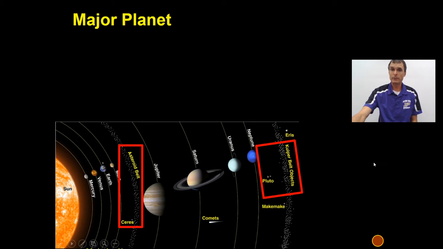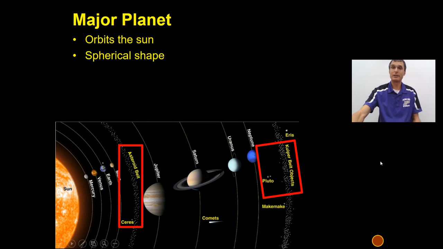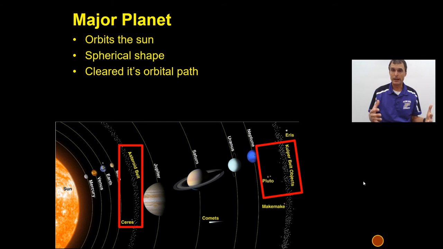We have different areas within our solar system. What is a major planet? It's got to orbit the sun, okay? It should be spherical shaped, so that means like a basketball, right? And it needs to have cleared out its orbital path, meaning that there's not a bunch of other junk in its orbital path. Moons are okay, but it should have a clear path where it's the dominant object and nothing